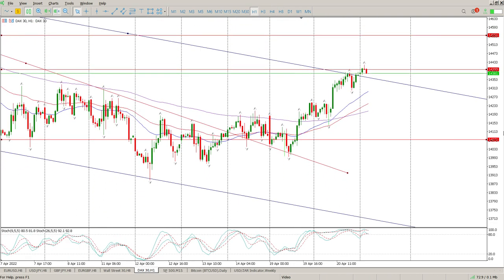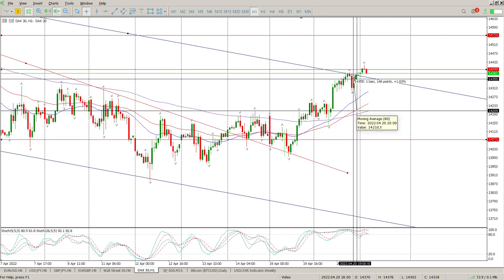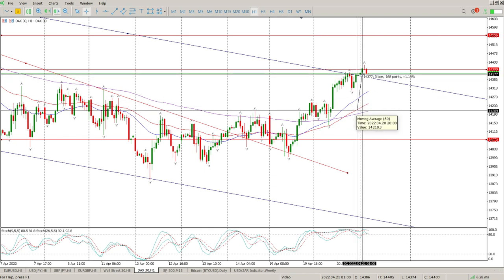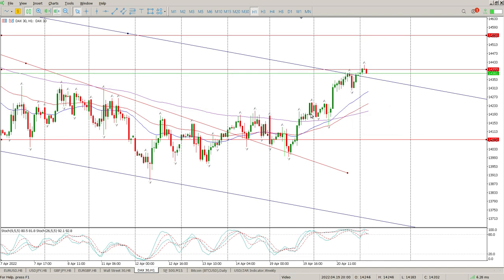So first things first. Yesterday, when we did the video, we had this range it was forming. We got the break of the range. We never really got a retest. We got an acceleration to the upside and then a gradual climb and a bit of a fall late in the US session and then a continuation. So all in all, if you think about this, our open was there and our close was there. So that was a 1.1% move to the upside. So, a solid green day,